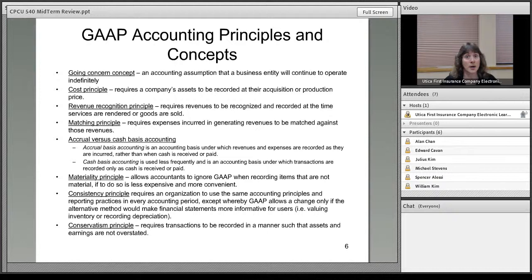earned, okay? They're not GAAP when recording items that are not material if it's less expensive or more convenient to do so. The consistency principle is very important. It says that an organization has to use the same accounting principles and reporting practices every accounting period unless they're allowed to otherwise. And there are a couple of key examples, such as when value